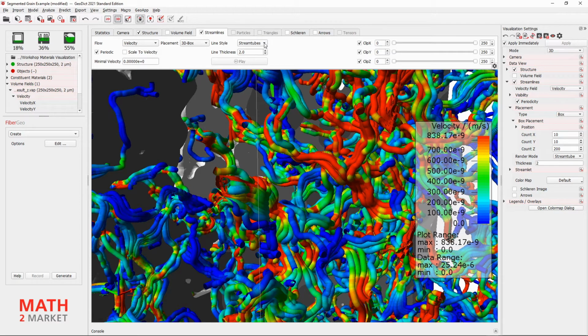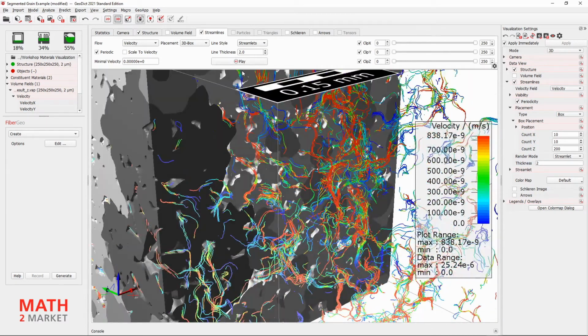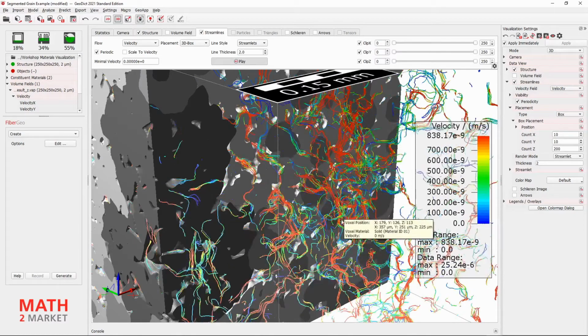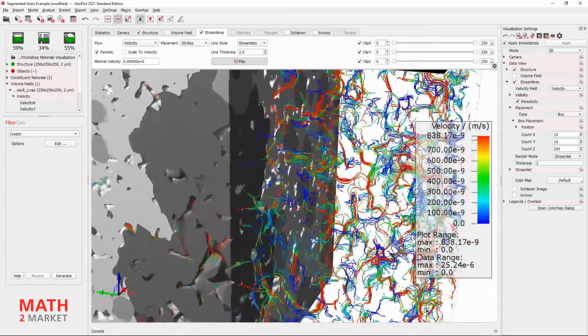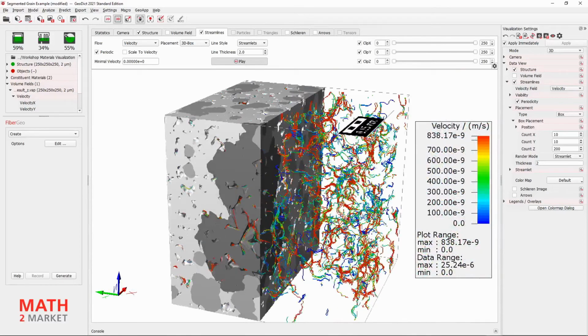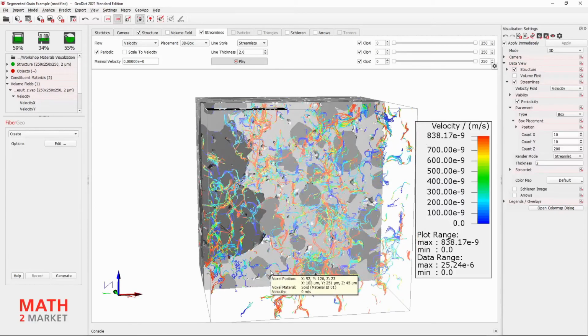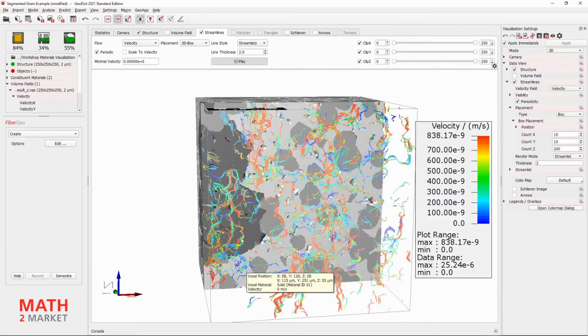Now let's have a look at the last line style, Streamlets, here. You can see that the previously grayed out play button has been activated, and when we press it, we get animated little streamlines. The streamlets allow us to visualize flow direction and flow speed interactively in the visualization area. We can also use this for nice animations in videos.